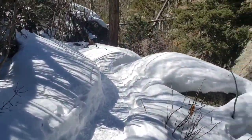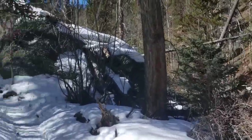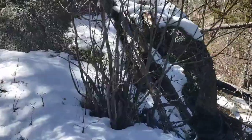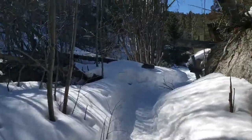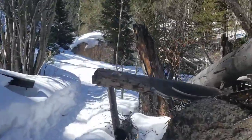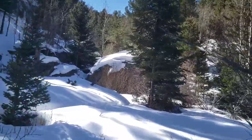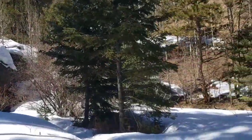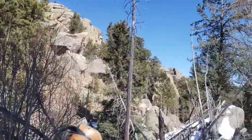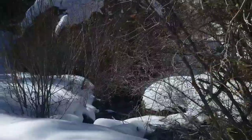All right, well, I decided that I'm just gonna head up to the reservoirs actually, because according to a couple of people that just passed by me, they said that the reservoirs are only another half a mile up from here, and it's not even that difficult of a half a mile. So I might as well just go check them out. I've never seen them before, and would be a cool experience, I'm sure. But when I get back, I'm definitely gonna scope out all those rocks over there in the Garden of Eden and see if I can come back up here and do some rock scrambling and bouldering and stuff,